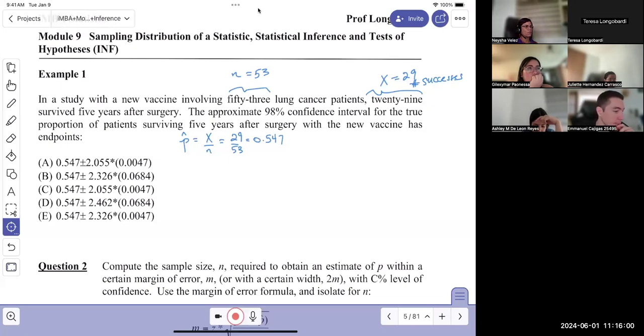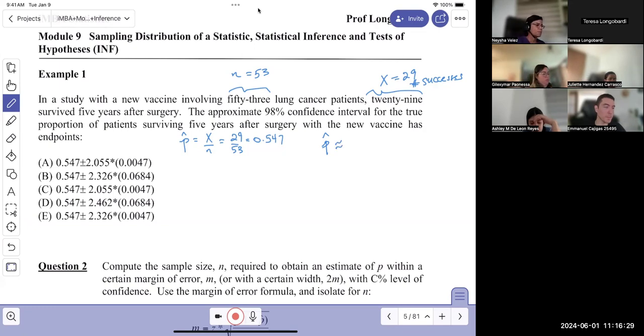We make some assumptions about this being drawn from a large enough population, and we use the results from number 2 that say that p hat has